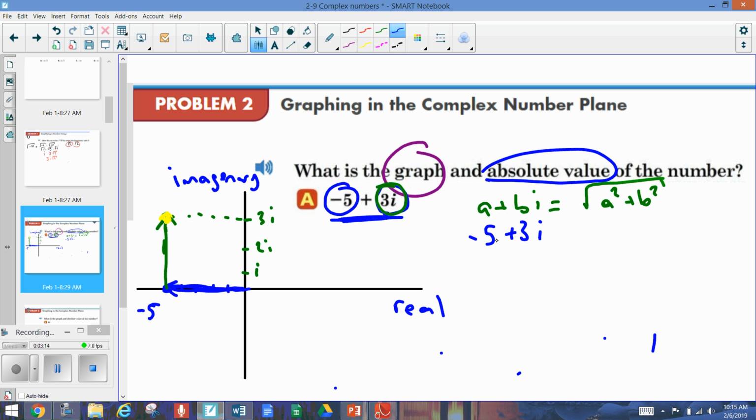A and negative 5, b and 3i, they match. And what is a? Negative 5 squared is equal to? Good. Plus b squared. Which one is b? 3 or 3i? 3 is correct. 3 squared equals 9. So that makes root 34. And the magnitude is,